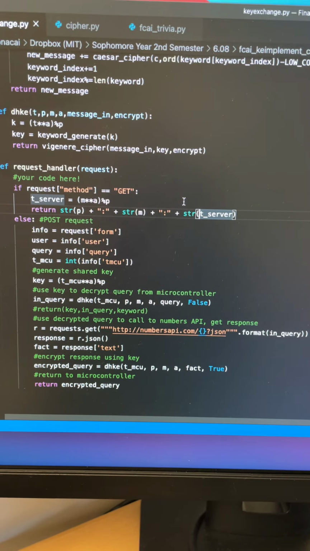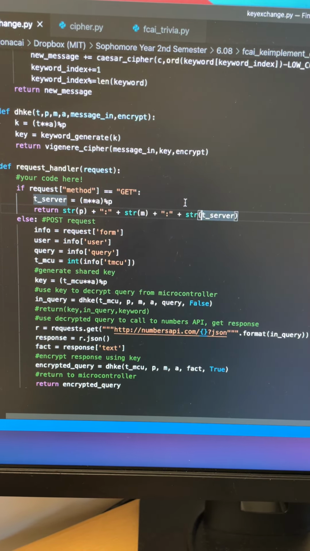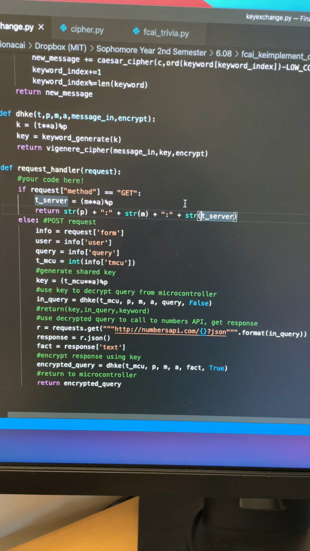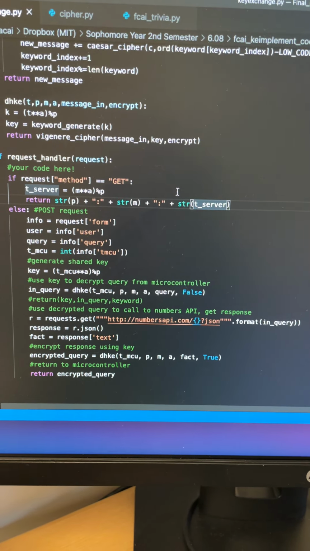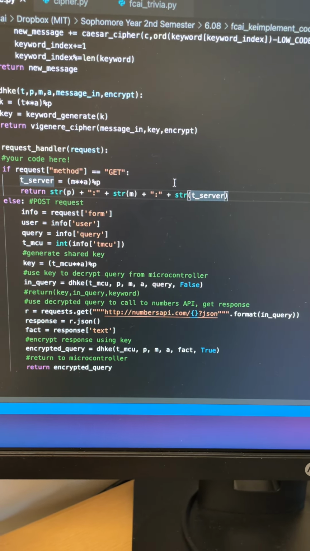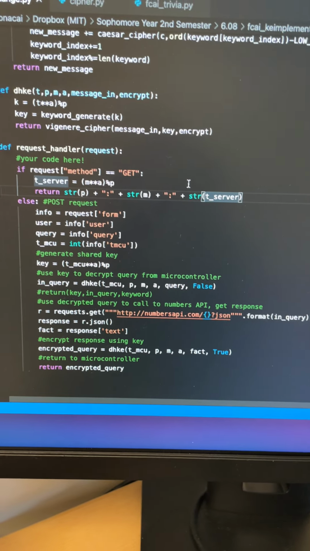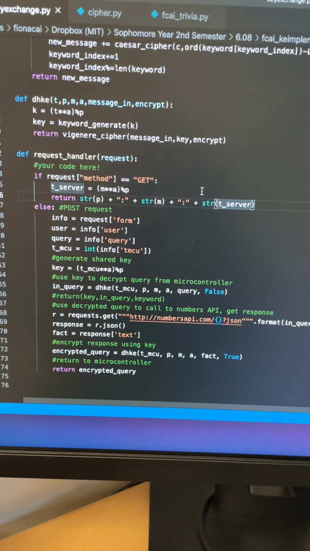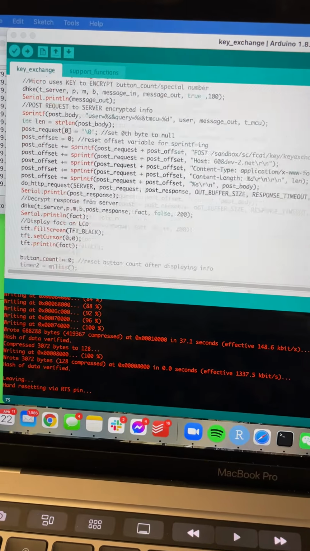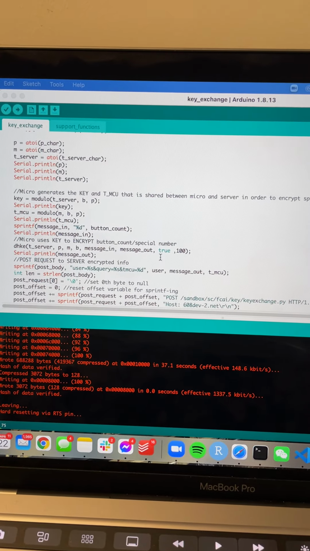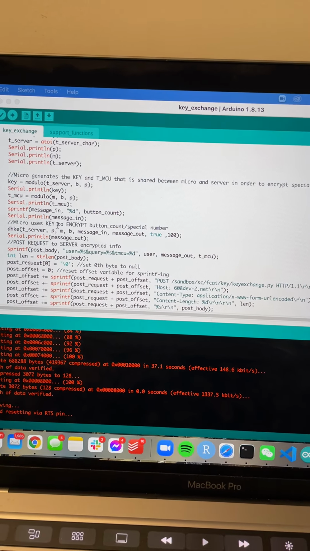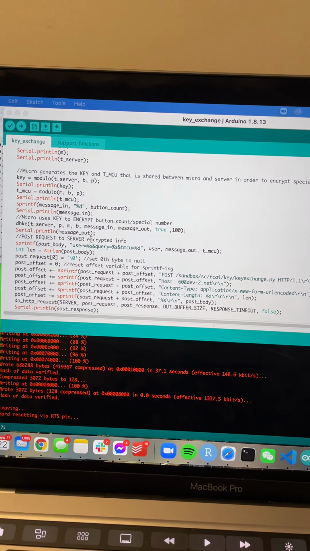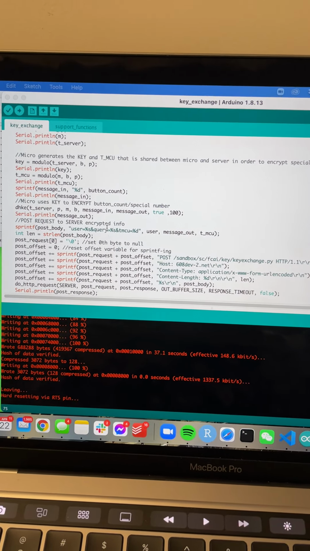And when it returns that to the microcontroller, it can then encrypt the corresponding number value, or the number of button clicks basically of the right button that the user indicated that they want the fact for, and then the microcontroller will then encrypt that information, then send its corresponding TMCU value and the encrypted message to the server through a